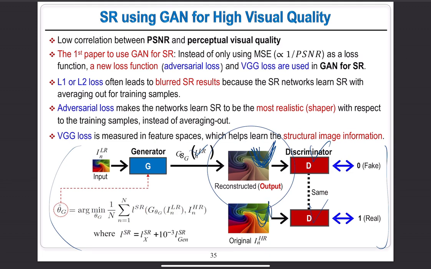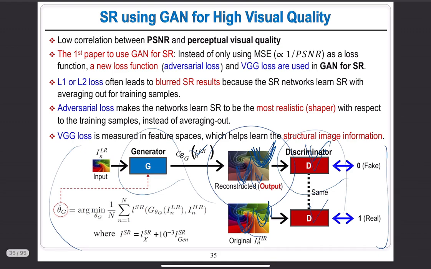For the network training, the generator is trained to fool the discriminator, while the discriminator improves its ability to tell the difference between reconstructed HR images and original HR images. This adversarial training process pushes the generator to produce much more realistic texture and finer details beyond what MSE-based previous works